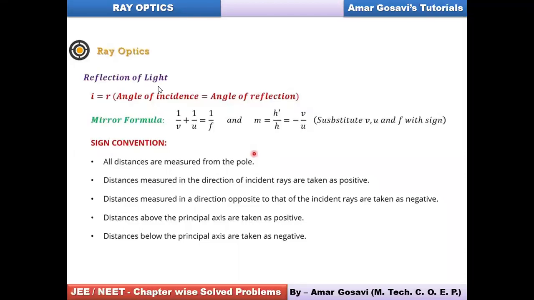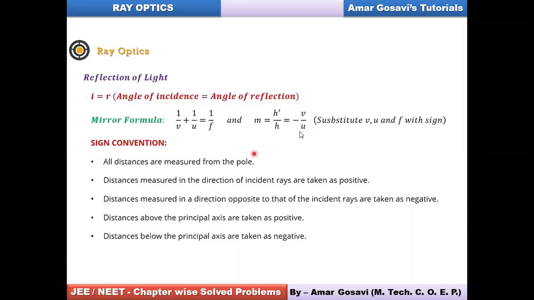Now, in this formula, if you observe, V stands for image distance, U stands for object distance, and F stands for the focus or focal length of the mirror, basically. M stands for magnification, and it's given by the ratio H dash to H, where H dash would be the height of image and H is the height of the object. The same thing can be interpreted in terms of image distance and object distance based on the similarity of the triangles of the ray diagram.